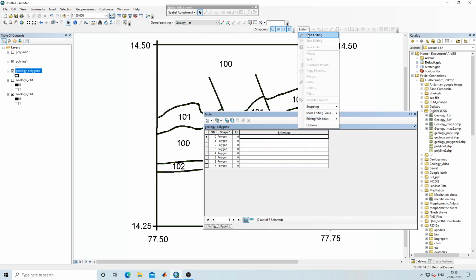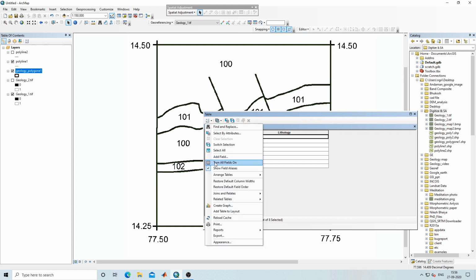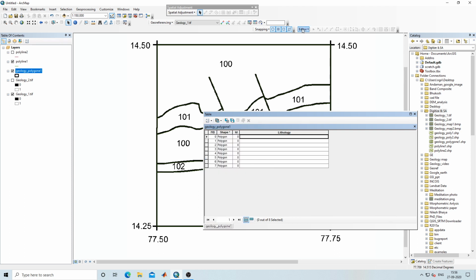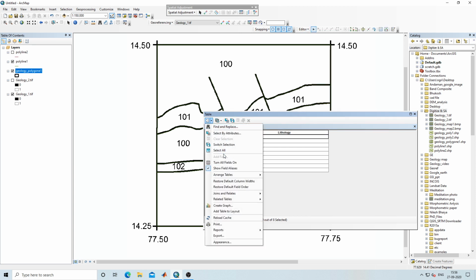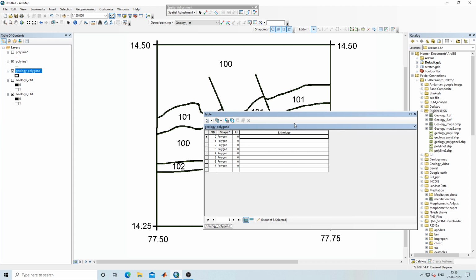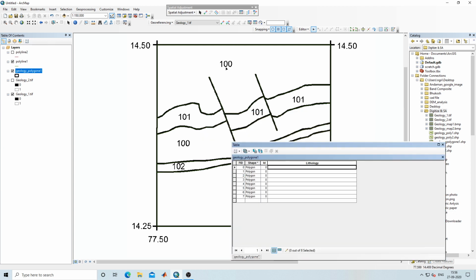Make sure your editor is off when you are adding a new field. This Add Field option will work only when your editor is off. If your editor is on, at that time you cannot add a field. Okay, so suppose this 100, if I select this, so this 100 is our gabbro, for example.